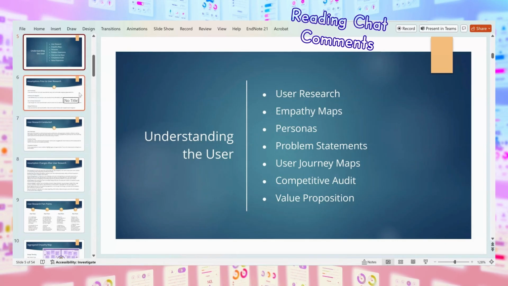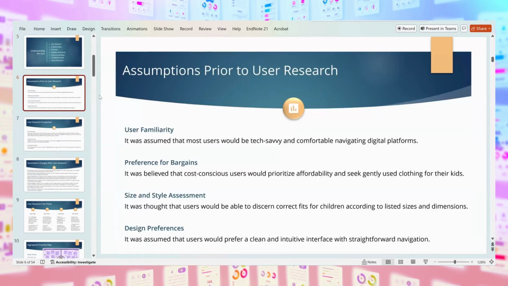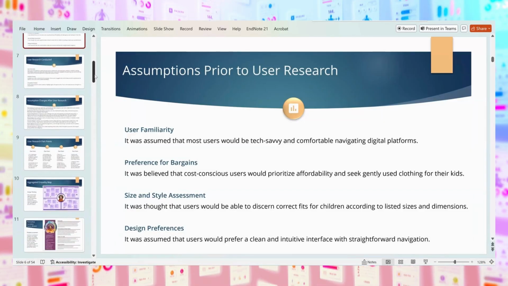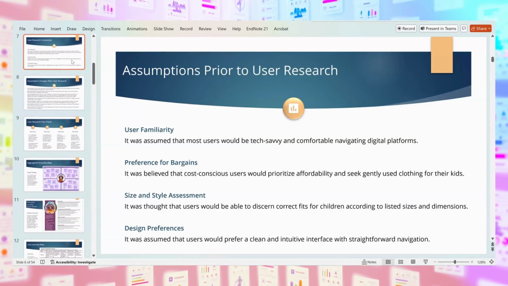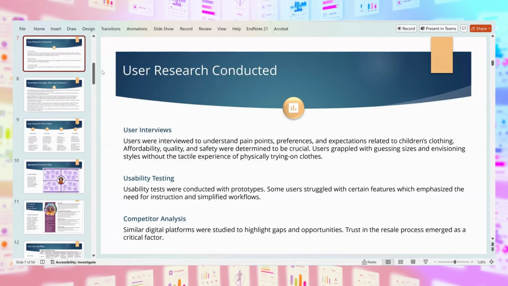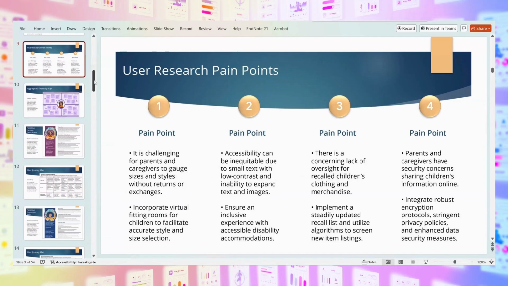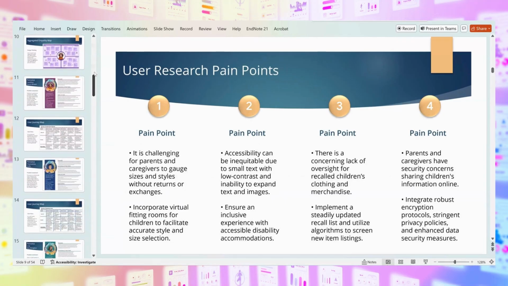That's awesome. So this whole thing is you make assumptions before you do research. You're like, this is what I think people are going to want, what they're going to be into, the whole premise of why you think there needs to be this app. And then you do your research and you see if you're actually correct. So for your assumptions that change, you document all of that. You document pain points and what problems people have. Like if you're using an app and you get really frustrated with it, that would be a pain point that needs to be fixed and solved. It's all about problem solving. It's not just design, it's fixing issues.